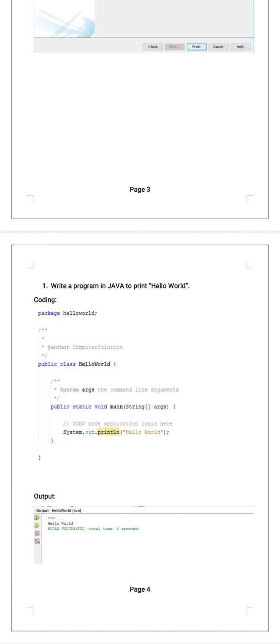After that, the programs can be followed by the teacher, that is, what programs the students have to do for their practicals. For example, I have started with the simple program of Hello World because it's very easy to understand for the students. So this is the first program, and here the practical questions which can be asked, like in Java, what do you mean by package.